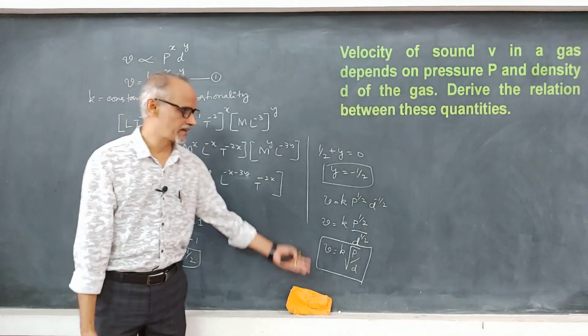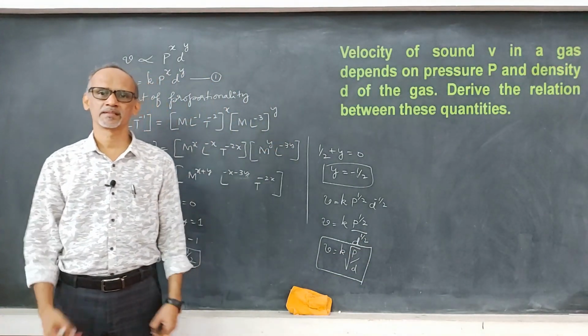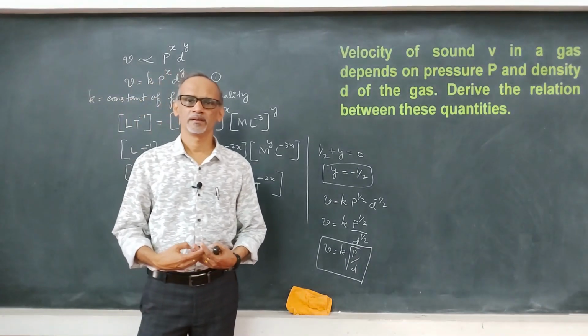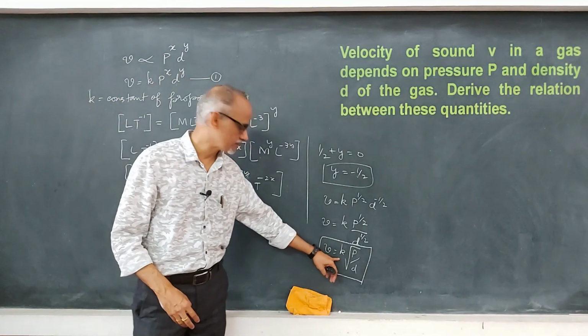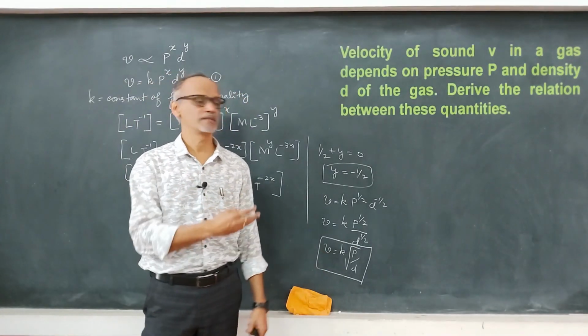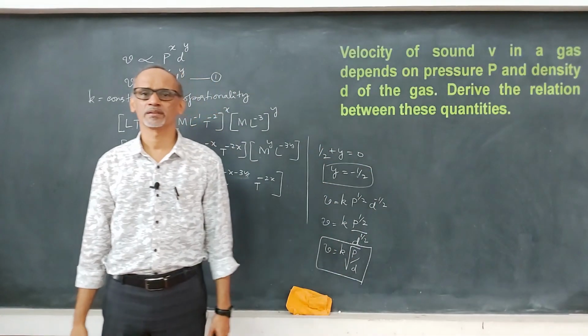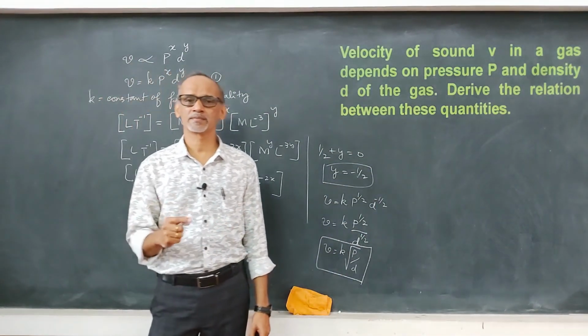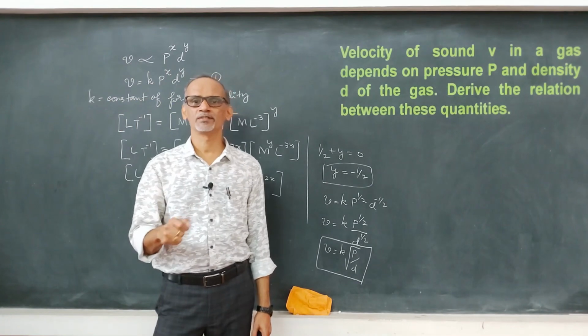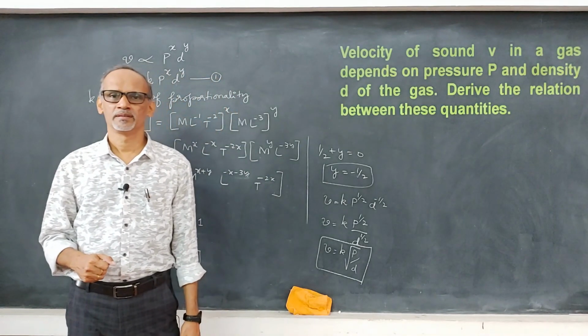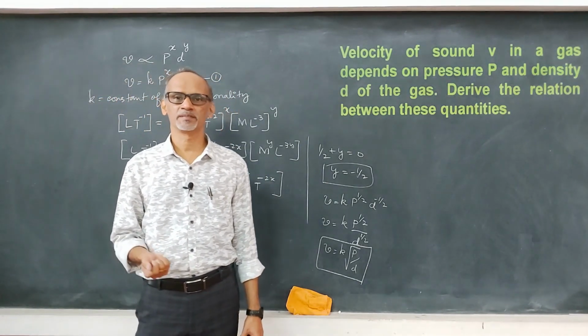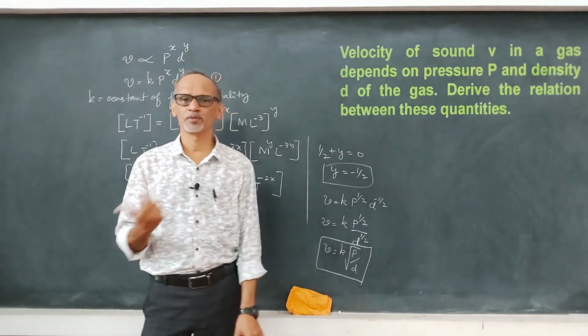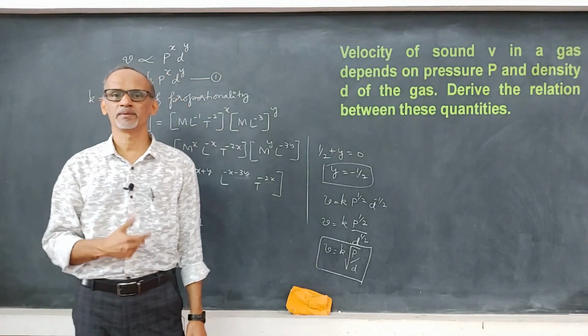So, we do not know the value of k. That is why you leave it, because we cannot find the value of k whenever we derive it, unless it is given. It is not given in the question, correct. So, you have to leave it as it is. That is one of the disadvantages of the dimensional method. Limitation, we call it. The disadvantage means the constant of proportionality cannot be measured with the help of the dimensional method